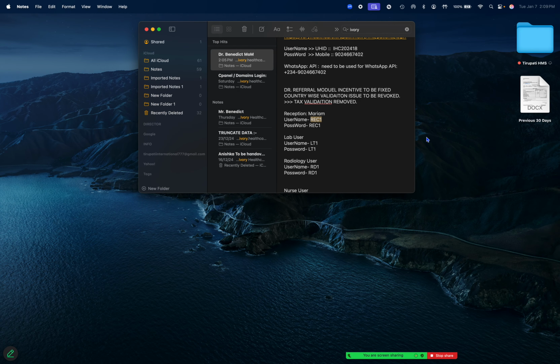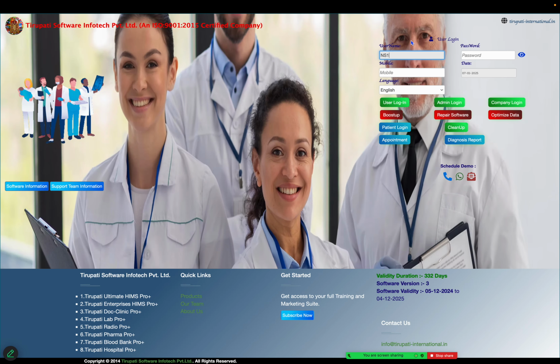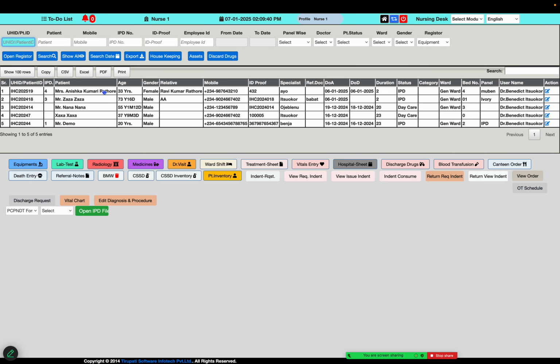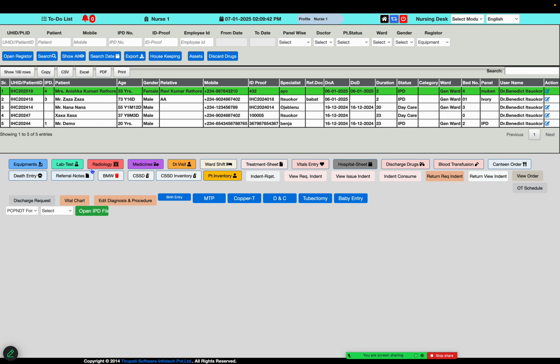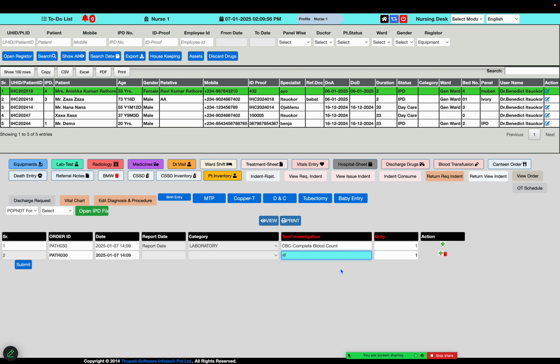Now we see the nurse user ID, ns1, and what modules we have given to her. So here you can see the nursing module is also accessible. The nurse can go here and maintain their day-to-day operations like equipment, services, medicine, laboratory. If they want equipment, they go to the equipment part and perform billing. If they want to do a lab request, they can perform it from here for different test requests or service requests for the patient.